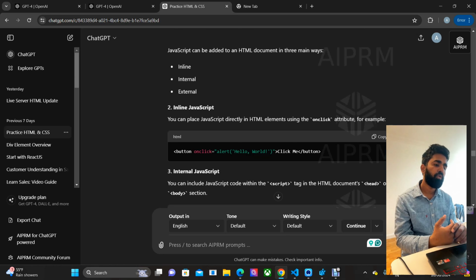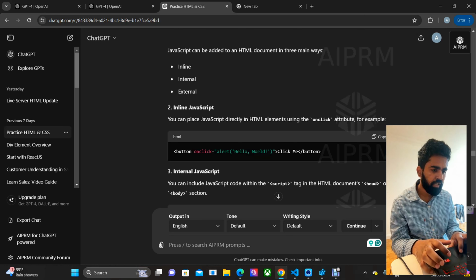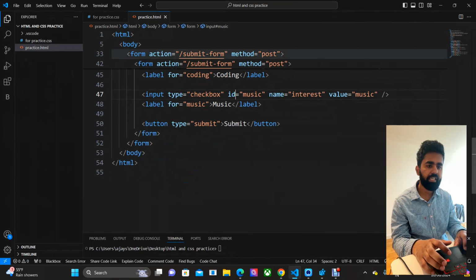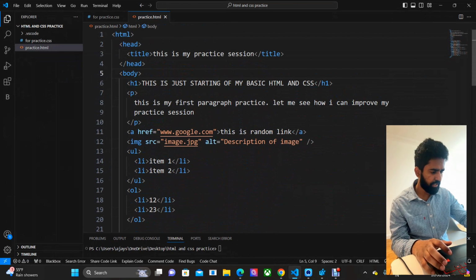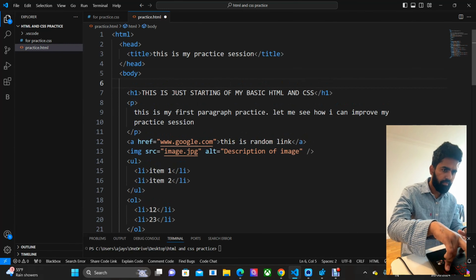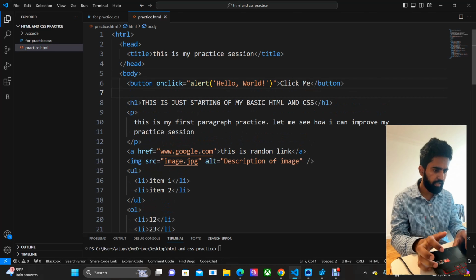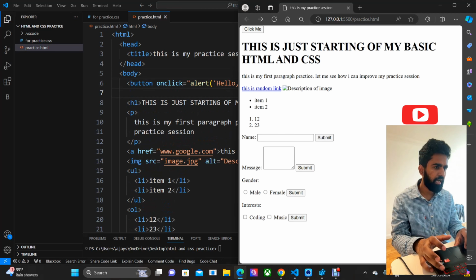Can you see here? Button, onclick is alert and hello world, and a Click me button. Let me copy this one and use it directly in the HTML. I'll use it in the body, actually, not the head. When I save this,